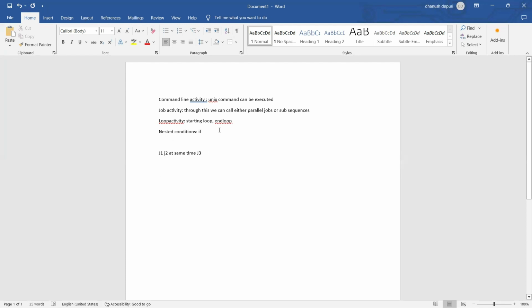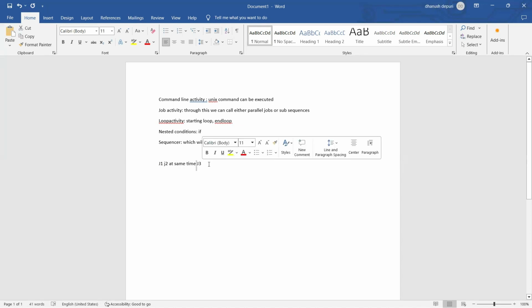So here a sequencer is one more activity which will control job flow. Only if my job 1 and job 2, if both the jobs are completed, then only go for job 3, or else, if either job 1 or job 2 completed, out of these two, either one needs to be finished, then you can go to job 3. So such kind of dependent execution can be defined using this job sequencer activity. And